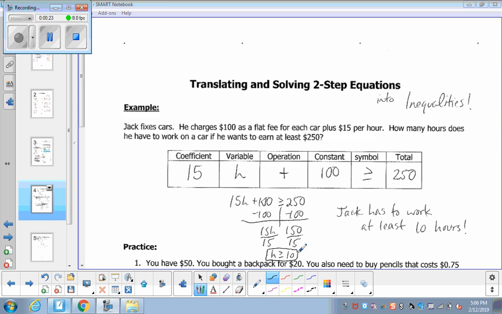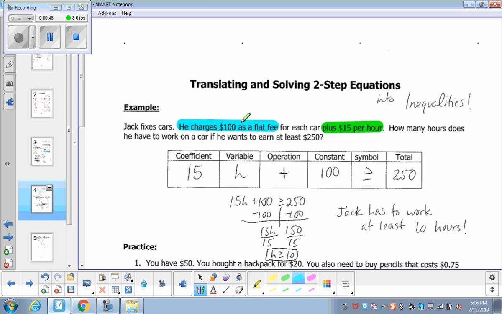All right, so we got Jack. Jack fixes cars. He charges $100 as a flat fee for each car, plus $15 per hour. How many hours does he have to work on a car if he wants to earn at least $250? So basically what this means, folks, is that no matter what, Jack is going to earn $100 for working on